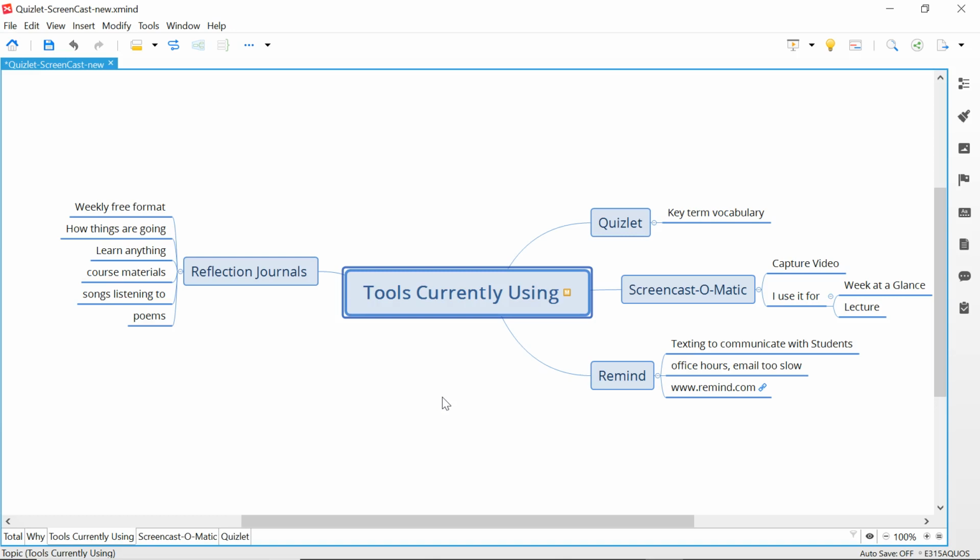I get to know a little bit of who they are, which in a seated class you get because you see them three or four times a week and you get a feel for who they are. So that's one thing I think the students like, the reflection journal. So these are some of the tools I'm currently using, always looking for others. So let's go through,